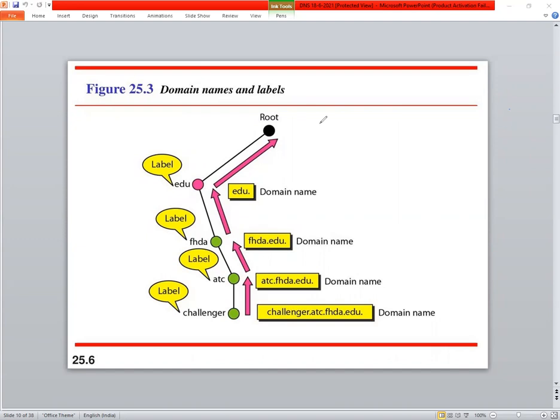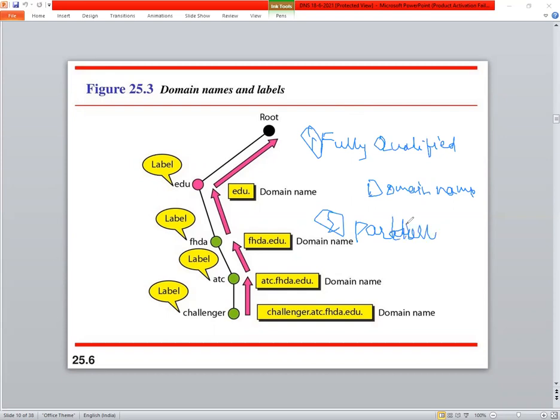First one is fully qualified domain name, and second one is partially qualified domain name.